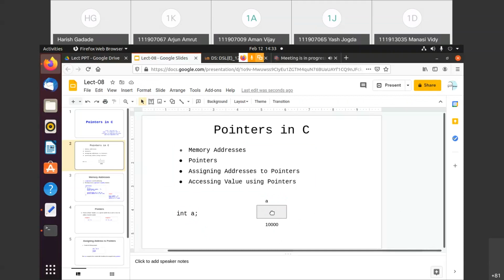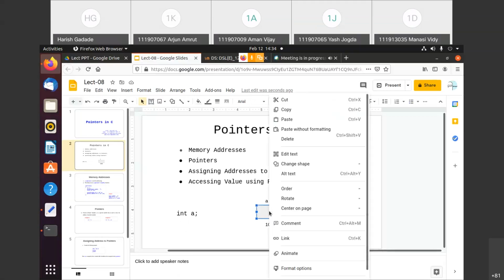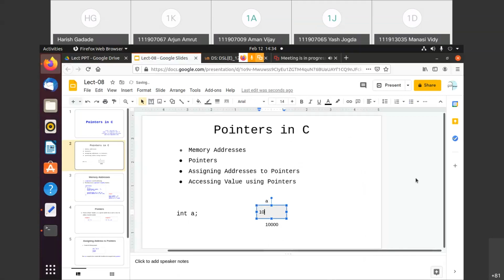Inside this, any garbage value would be there. So don't think about the garbage value; think of it as an empty block, right? If you understand this concept, then you will understand the pointer concept. When we write this simple statement, this block will be reserved, the name of the block would be a, the address would be this, and whatever value we store into it is a normal value, like suppose 10.